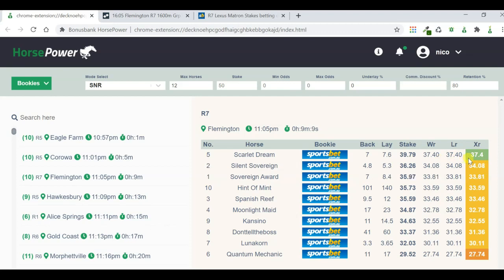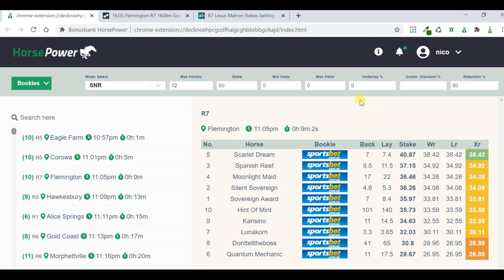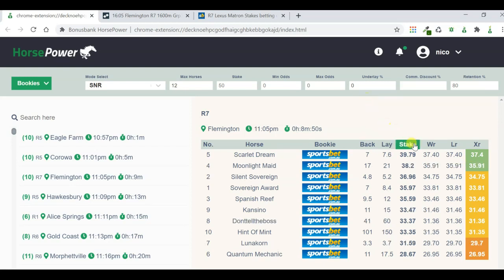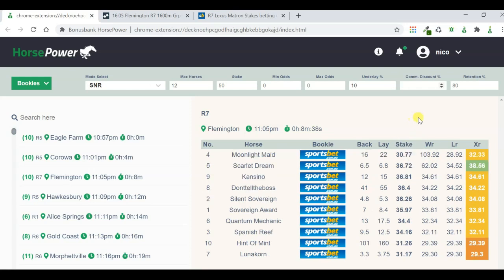So as you can see, they're exactly the same, but where the changes would occur is if we include an underlay. And this is something that I like to do personally. I always prefer if the horse loses and the money goes into Betfair. So in the event that it wins, I like to have an underlay so that I make more money when my funds end up in the bookie. If I apply an underlay here, I'm just going to put in 10%. Now, the changes won't happen immediately, but as the odds update, these changes will also happen, as you can see,